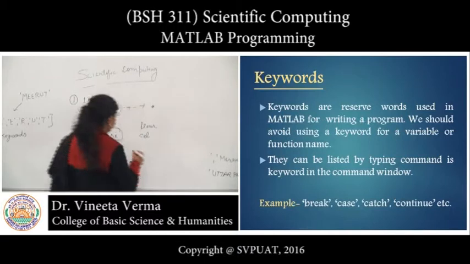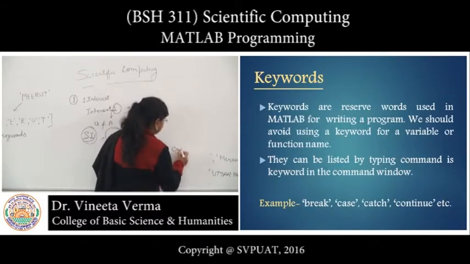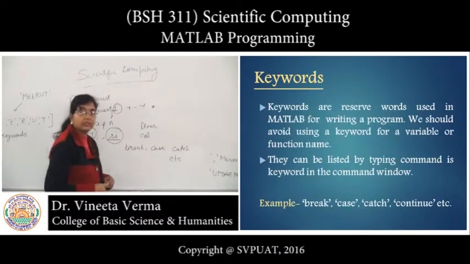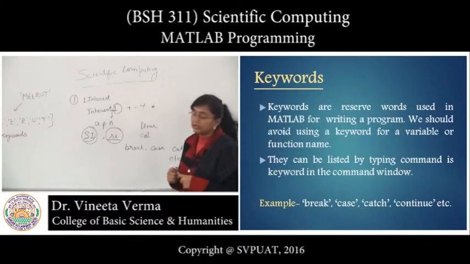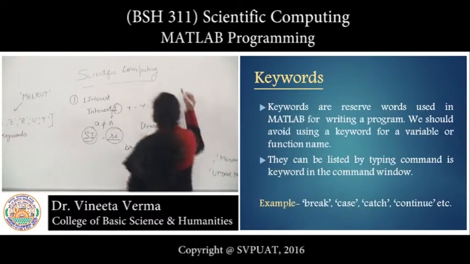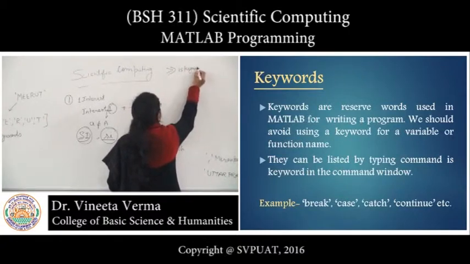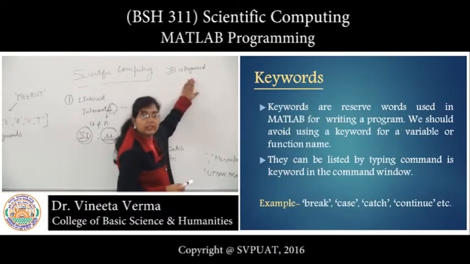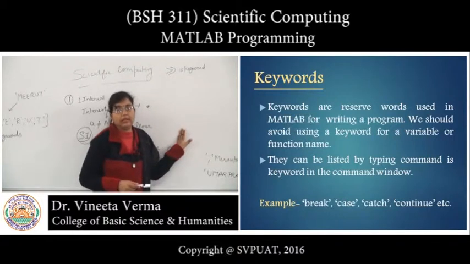Some examples are break, case, catch, etc. These are some examples of keywords, and we can see the keywords by the function iskeyword. If we type iskeyword in MATLAB, it will display all the keywords which exist in MATLAB.